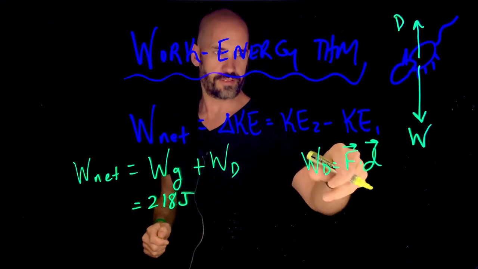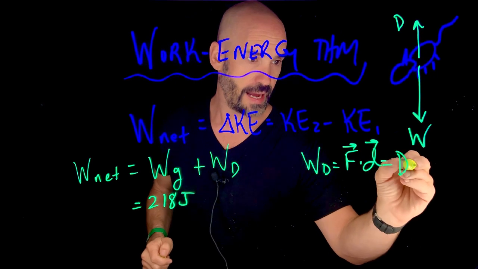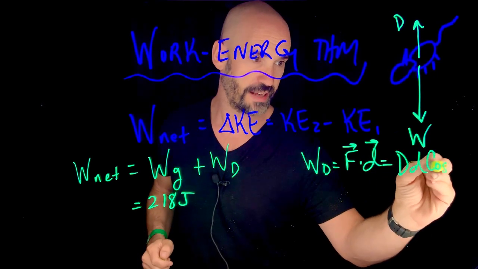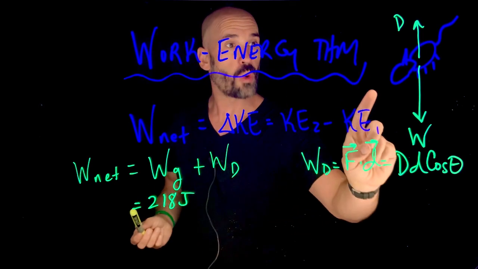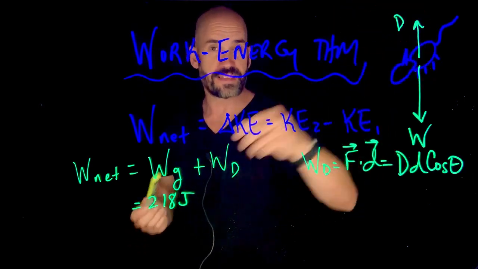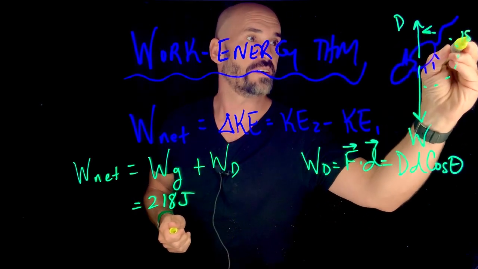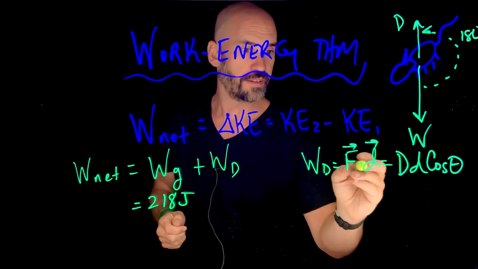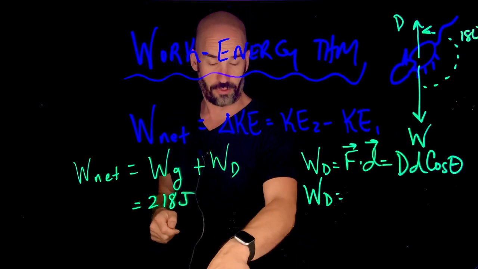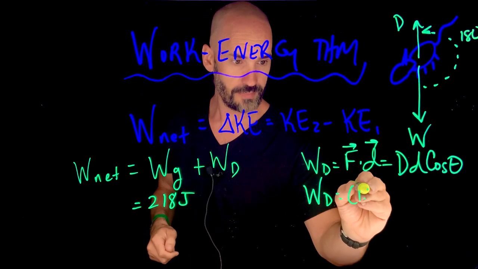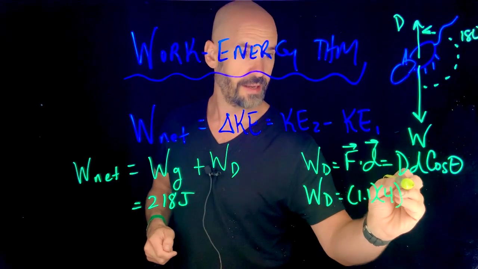scalar product with displacement. And that, in this case, is going to be the drag force times the displacement times the cosine of the angle between them. Once again, this time, however, drag is up, but displacement's down. That is an angle of 180 degrees, right? And so that means that the work due to the drag force will be the drag force, which is 1.1,